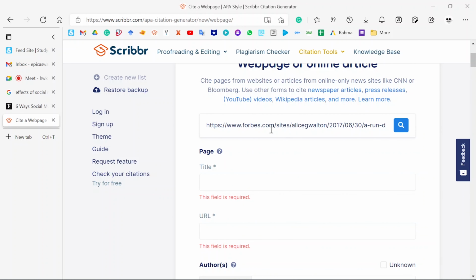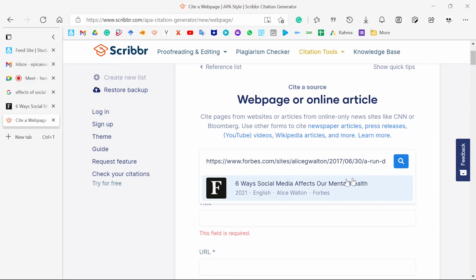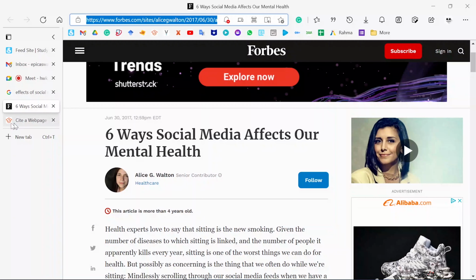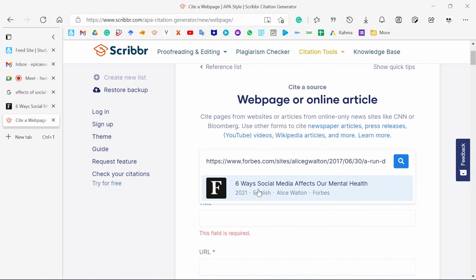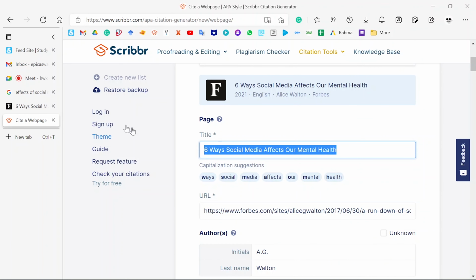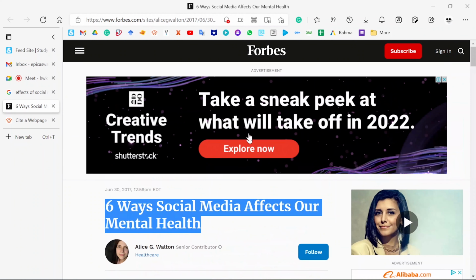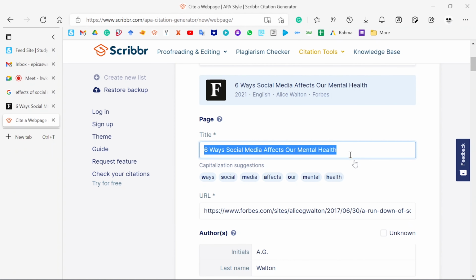But let's see if it will capture everything. So just paste the URL and click search. So it will identify the article. It tells you this. So you can just go, this is the article, go back, that is the title, 6 ways, yeah, that is the title. Click on it. It will try to fill out. You can see it has filled out the title, but you need to confirm that it's actually the title, because like I said, based on the font and the location of the title in that article, it can get it wrong. So it's upon you to counter check that it's actually